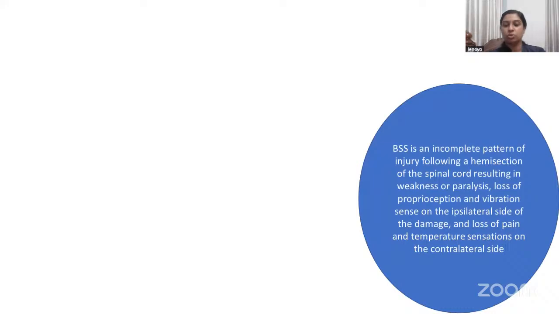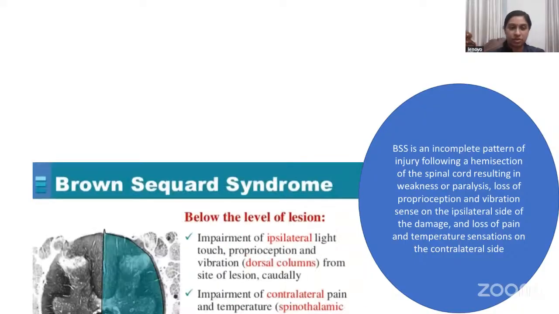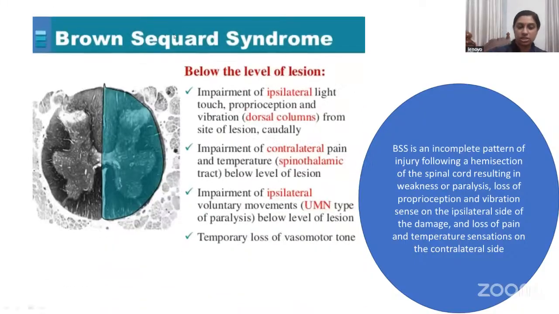Okay. So Brown-Sequard syndrome, it's an incomplete pattern of injury following a hemisection of the spinal cord resulting in weakness or paralysis, loss of proprioception and vibration sense on the ipsilateral, the same side, and the loss of pain and temperature sensation on the contralateral side. Okay. So when the patient is having a lesion on the right side, the patient is feeling the pain over the left side. Okay. So this is the Brown-Sequard syndrome, and below the level of the lesion, there will be impairment